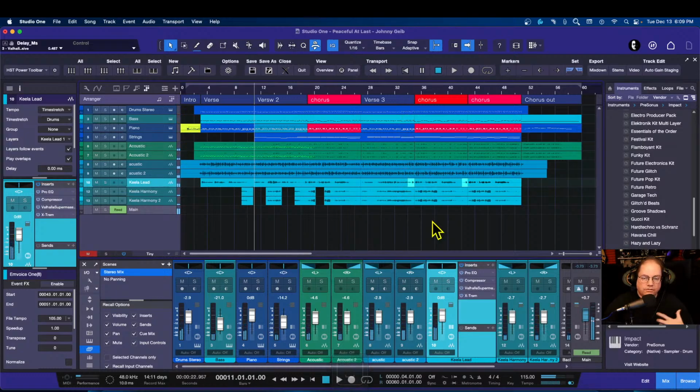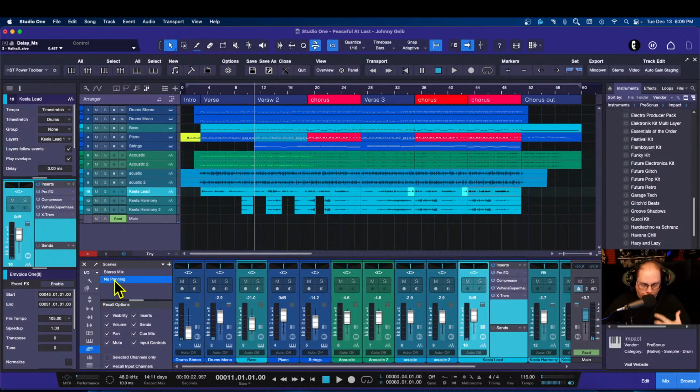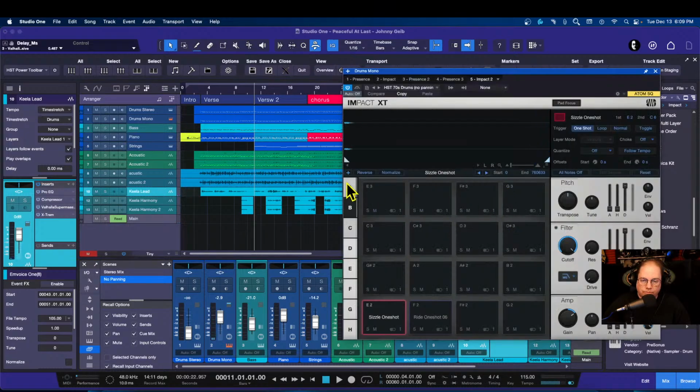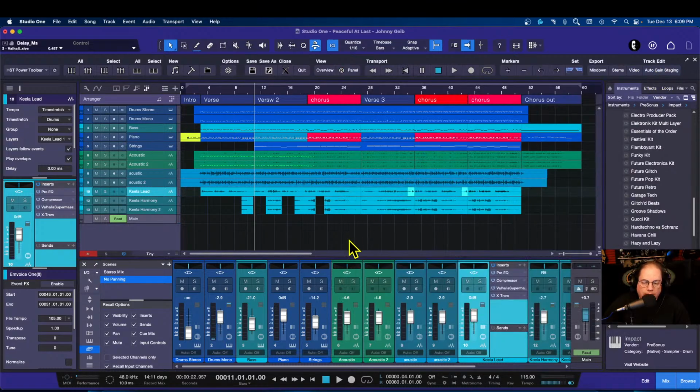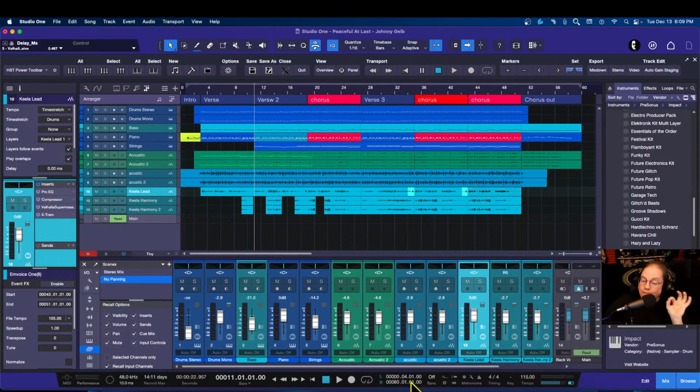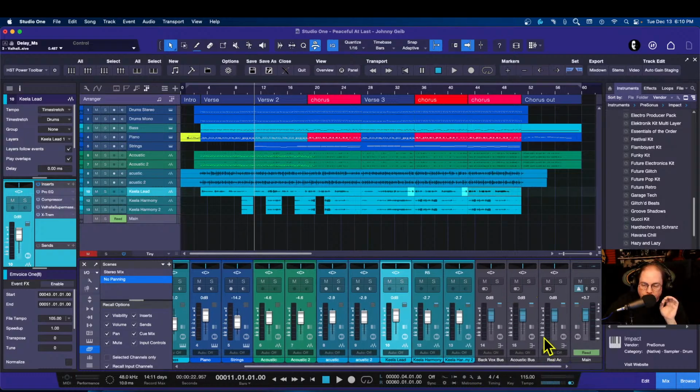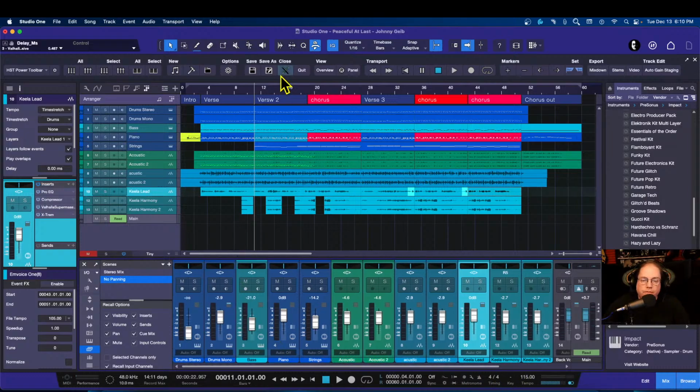All right, so that is the stereo mix. So now what I'm going to do is I'm going to click on my other scene, and this one is labeled no panning, and it's got a mono drum kit. Same drum kit, just everything mono. Just like that. And it has no panning whatsoever anywhere. However, the effects, since they're going through buses, they are all stereo. So now here is the mix, the no panning mix